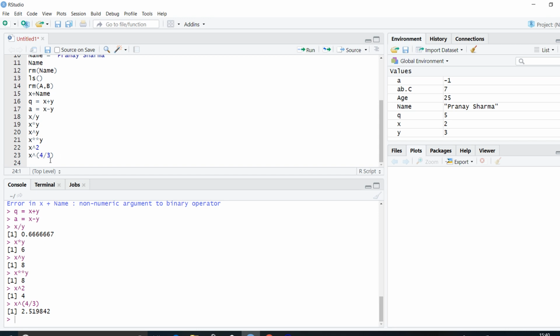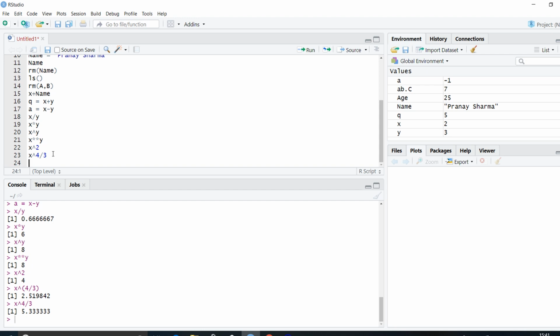Now I have put brackets here because it should know that the division is inside our power, not outside our power. If I did not use brackets, let's see what happens. Now here it can get confused and it will do x raised to 4 and then divided by 3. And you can see we have 5.33 because first it did x raised to 4 and then divided by 3. So we have to put brackets to show that we are saying 4 by 3 is in power of x.